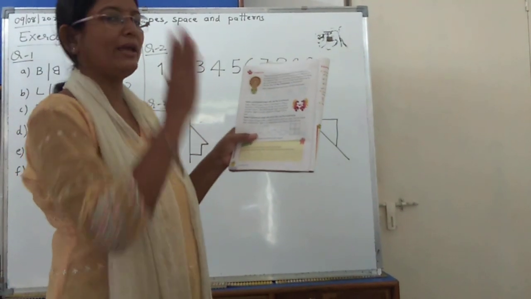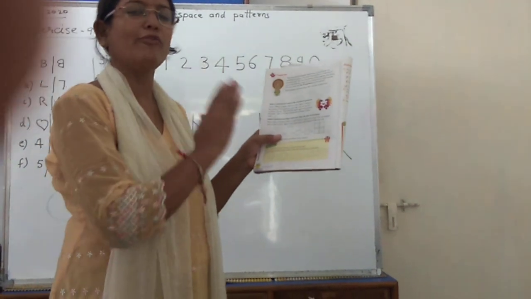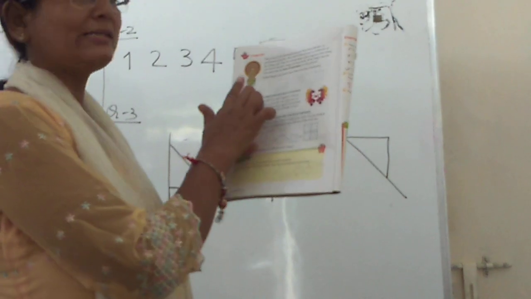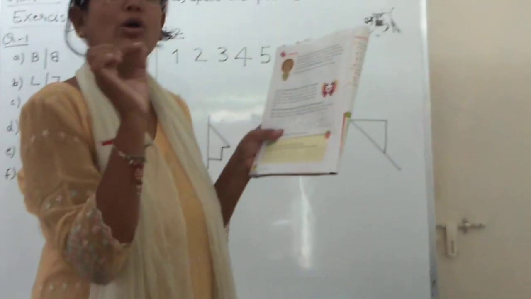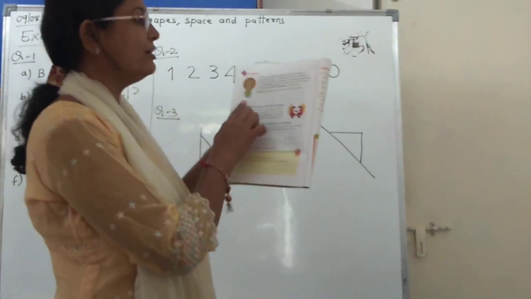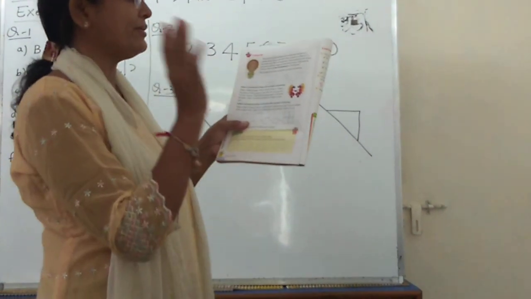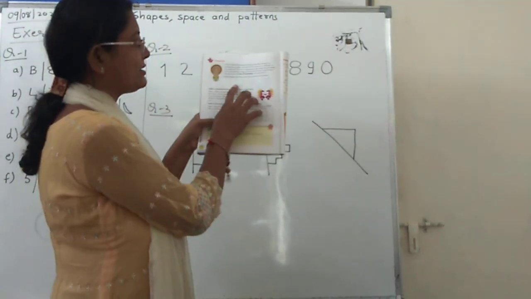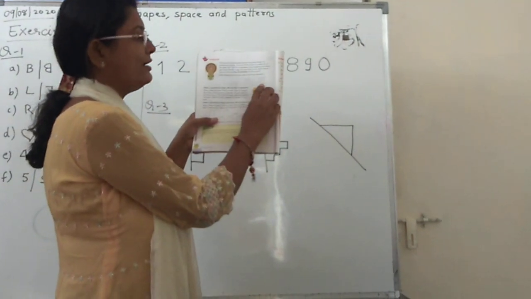Whenever you make a half part of any picture from the middle, from the center, and both the sides are similar, that line is called line of symmetry, and that figure is called a symmetrical picture or symmetrical diagram. Now here some shapes are given to you: rectangle, cross, and a square.